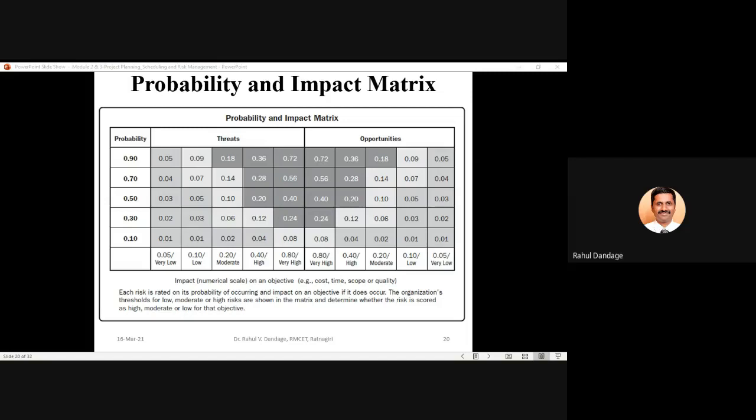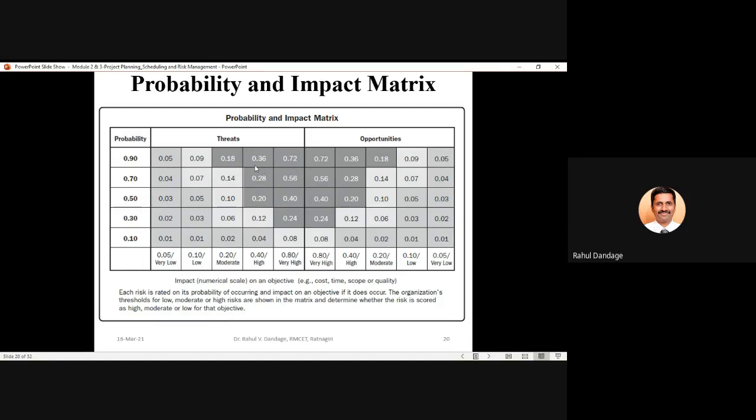Now in this particular scenario, if you consider any particular value, let us say 0.72, how has it come? This 0.72 is nothing but, check the row and check the column. So 0.9 multiplied by 0.8, that is 0.72.